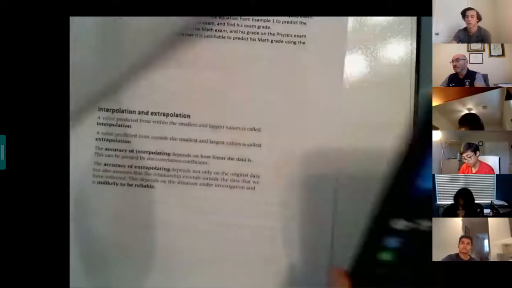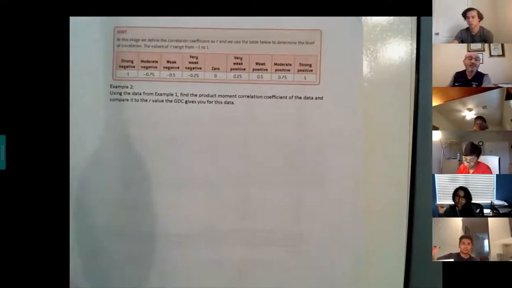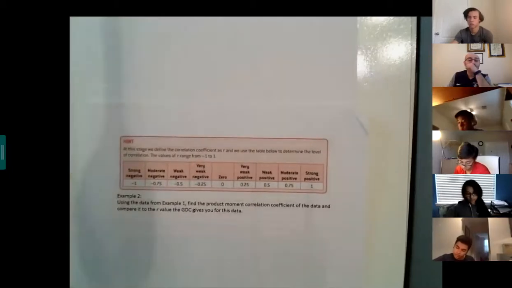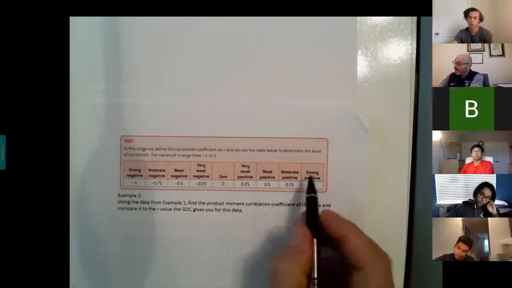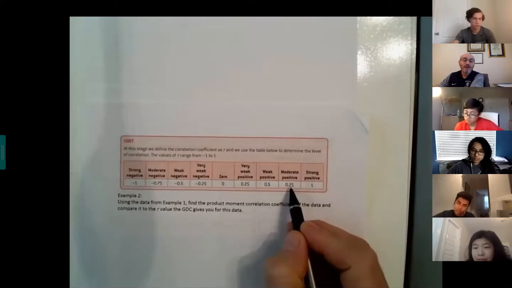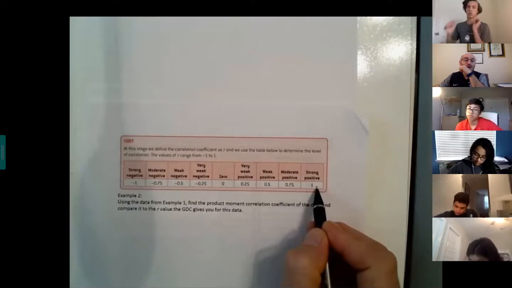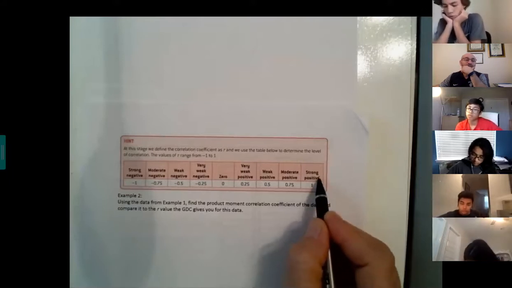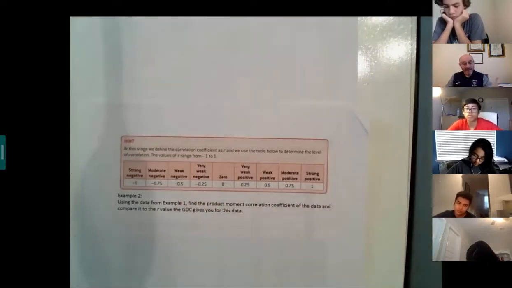I want to just finish with this, at least today's class, okay? Then we're done. That's the criteria for us to determine if something is weak, strong, or moderate, right? It can be strong, positive, or negative. So it's moderate if it is a little bit above 0.75, okay? If it's really, really close to 1, then it's going to be what? Strong, okay? This particular book gives us that, and